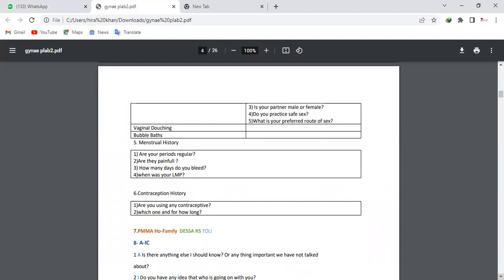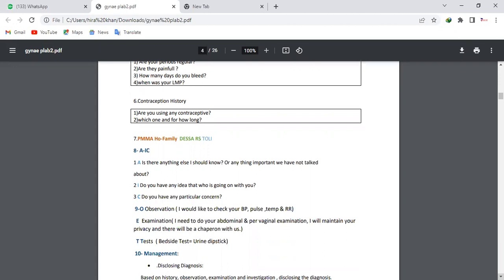And then contraceptive history is important here. Why is it important? Because if the patient is using condoms, then STI might not be a differential. But if she is not using them, she is at risk of STI. So you should ask, which contraception are you using, for how long have you been using it, and are you having any side effects? Are you okay with that? And do ask these questions in a very friendly way.